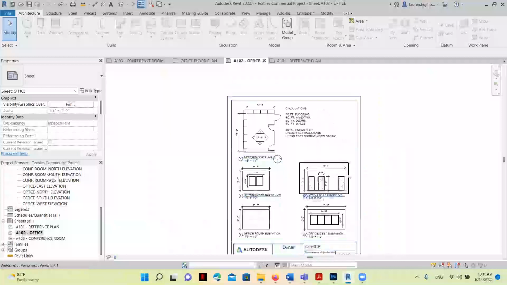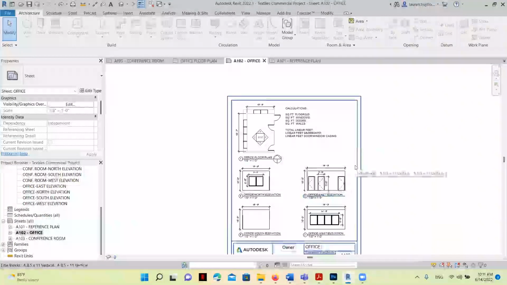So as you can see on this sheet, we have a lot of information, but ultimately it's just a series of two drawing types: the floor plan and a series of interior elevation drawings, each of which gives us information about this room and coordinates with the others through the use of drawing labels and elevation tags.